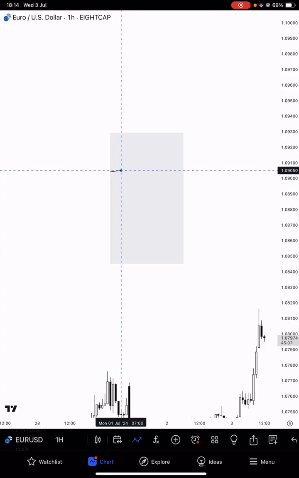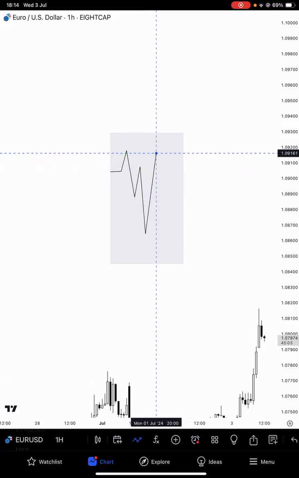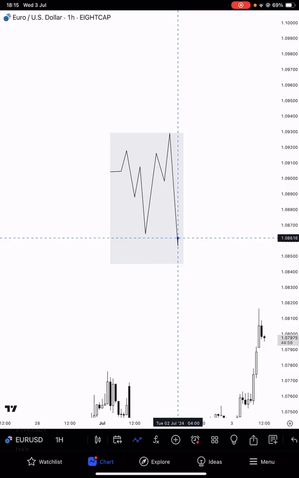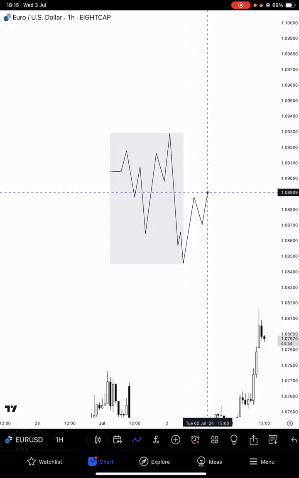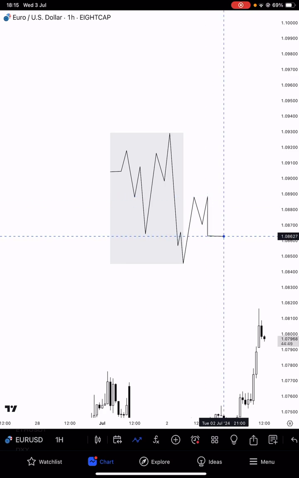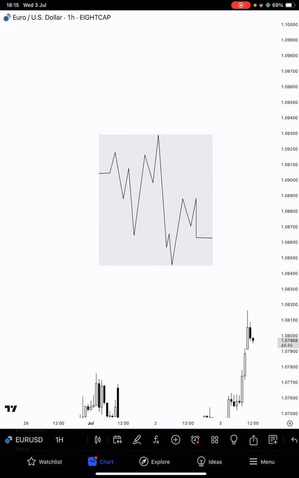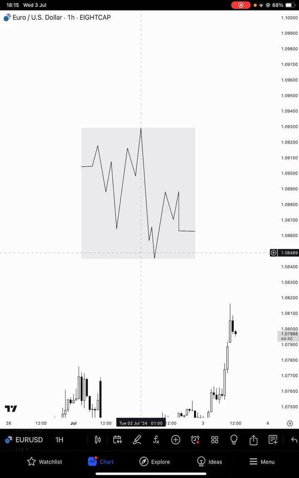So price opens, trades a bit, reaches one high and one low, and closes here. If price does this inside this time range, the candle will have an open, a high, a low, and a close. So when you are thinking about the CRT,